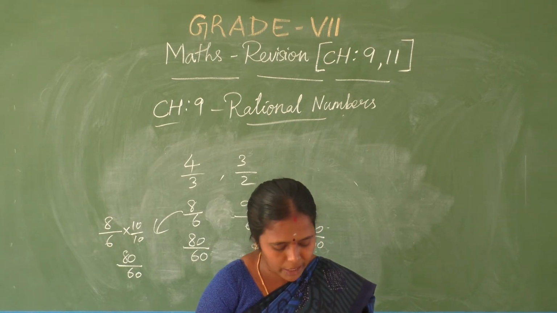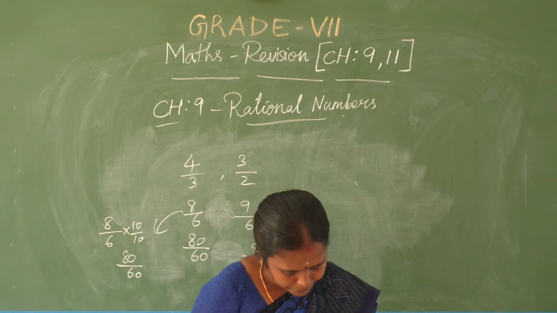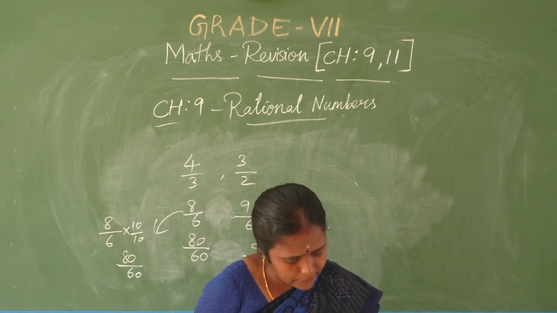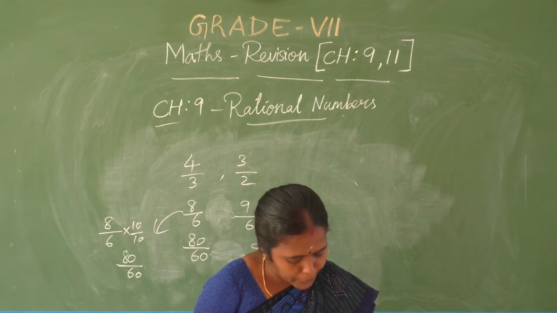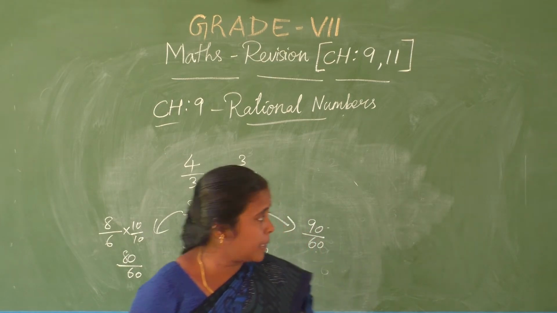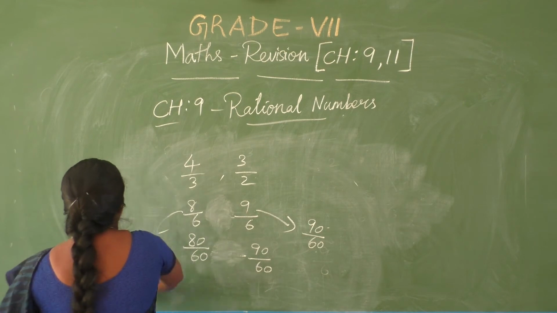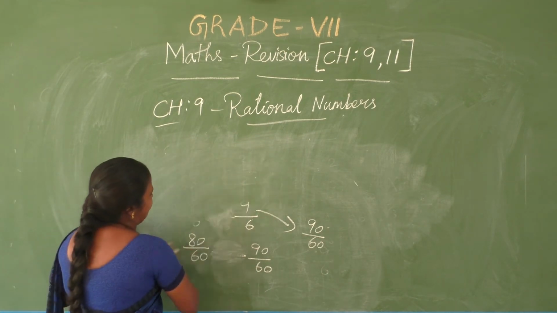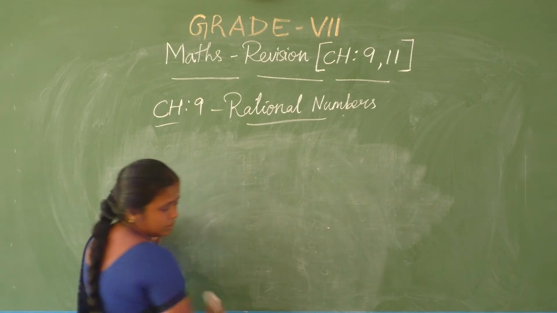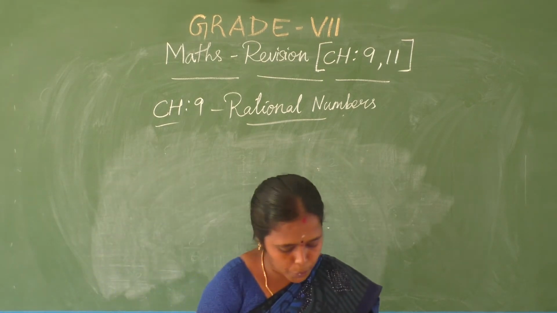Okay, one more question, very important. Based on this comparison, which is greater, which is smaller, then pick any two rational numbers between this and this, like that and that. Just the book exercise you must revise. Then the main operations: addition, subtraction, multiplication, division. You are going to calculate here, having 1 or 2 questions.